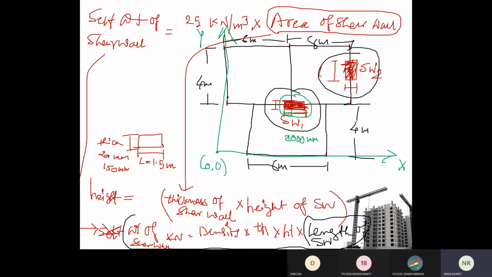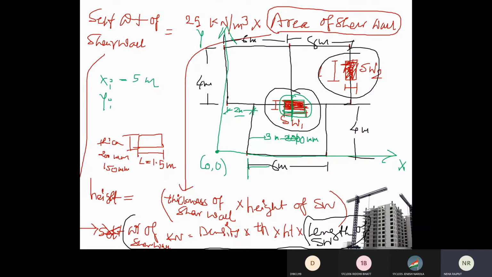So where is the wall provided? At the center, so 3 meter to the center, right? And your origin point is over here, right? Suppose this distance is 2 meter, then your xi distance for this wall will be this 2 plus 3 meter to the center. And what is the center of this? 1 meter, and that same center applies for this 6 meter. So this is 2 plus 3, 5 meter.